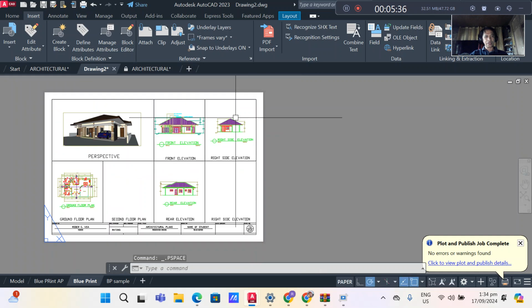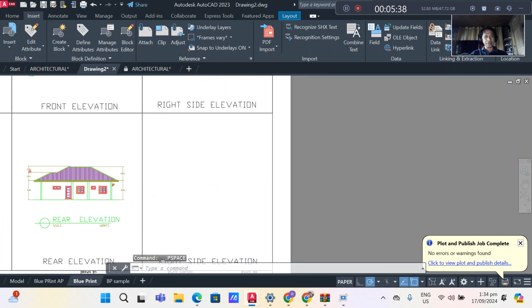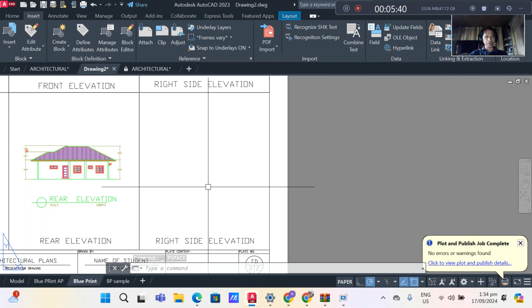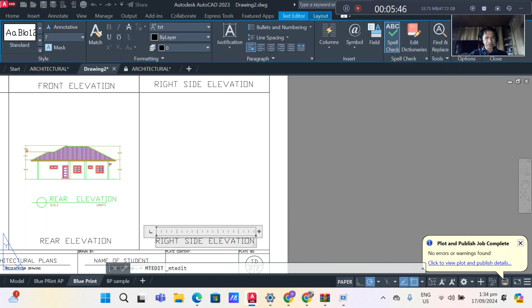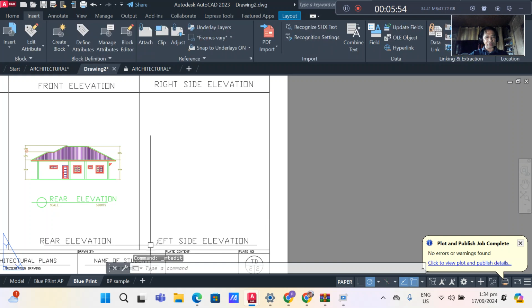Next is the left side elevation. So this must be the left side elevation. You change that to left side elevation.